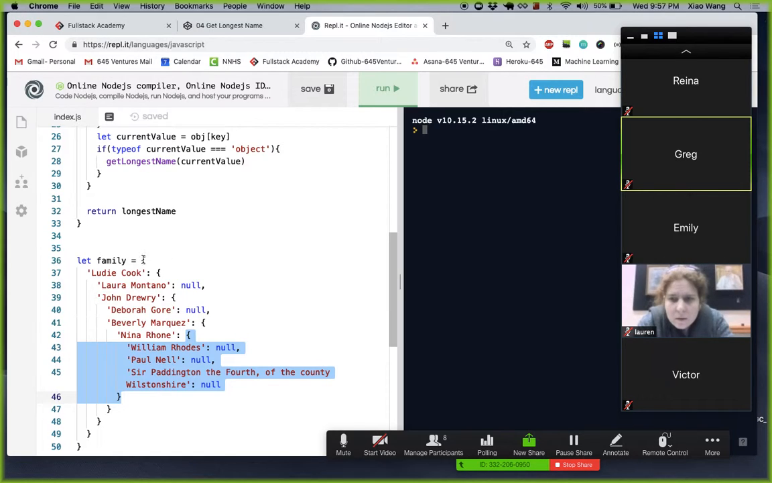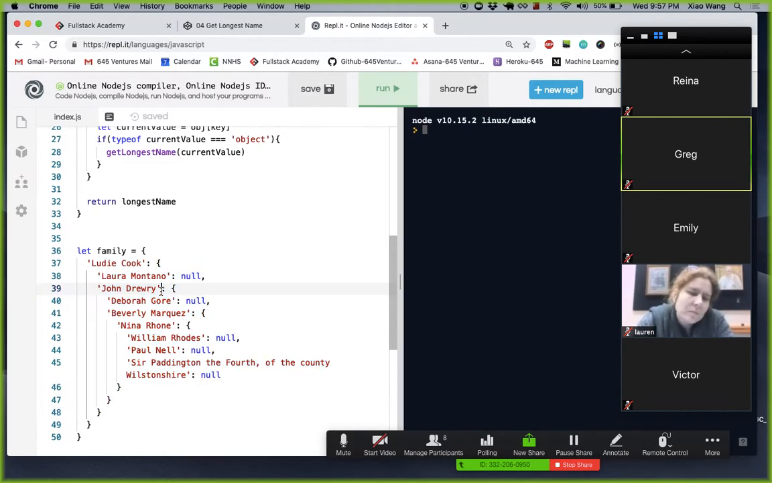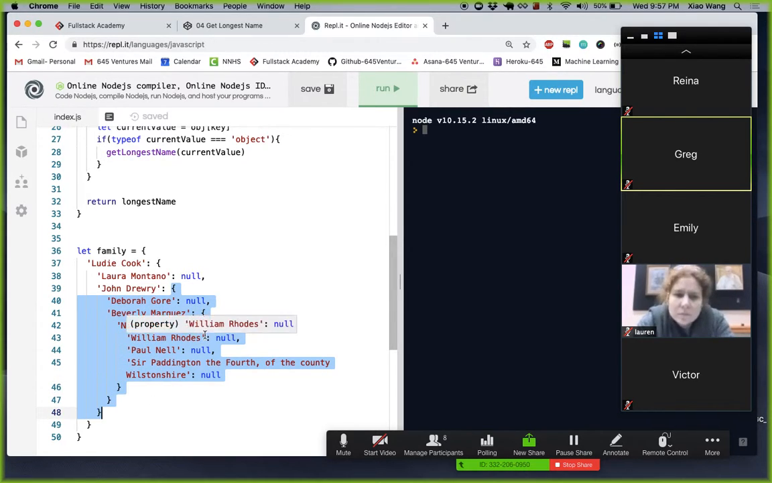The way this recursion actually works is first we say, I need to get the longest name in this massive object. And the way we do that is by saying, let's take it step by step. What's the longest name in this object here? And then someone else says, to figure that out, we need to know the longest name in this object here. And to figure that out, I need to figure out the longest name in this object here. At every single step, we're solving a smaller and smaller problem